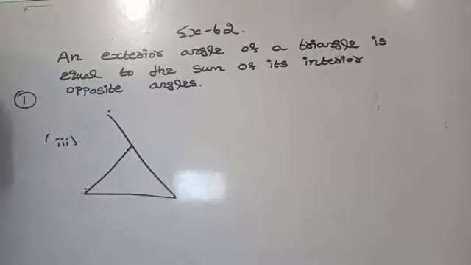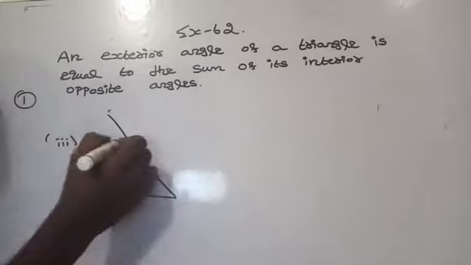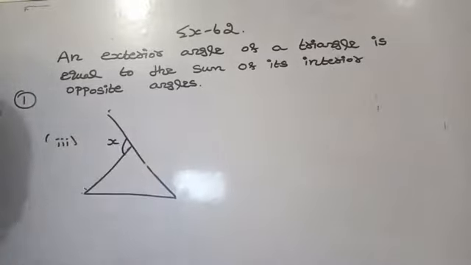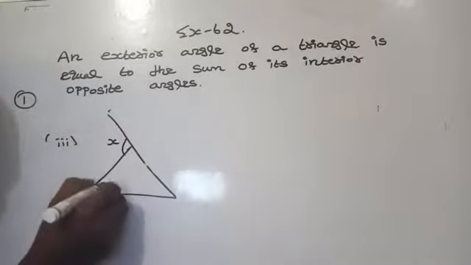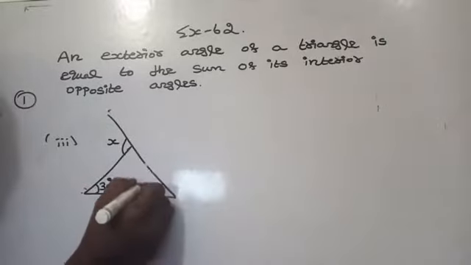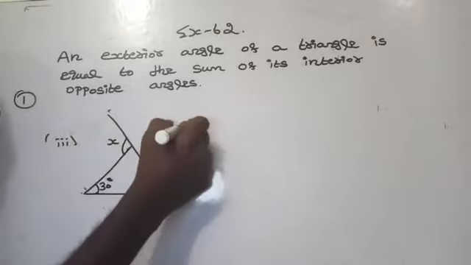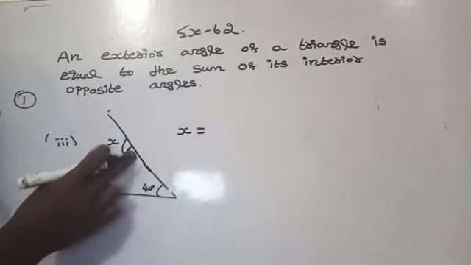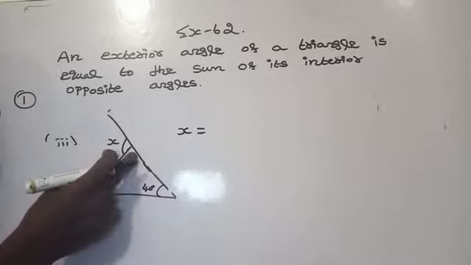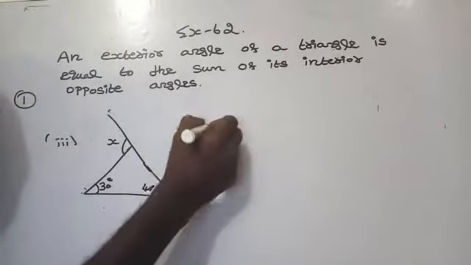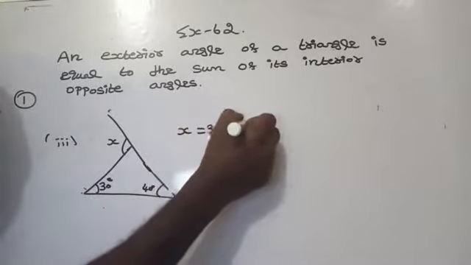this is a triangle. This side is produced. The exterior angle so formed is x. It is 30 degree. Then it is 40 degree. So please recall, an exterior angle of a triangle is equal to the sum of its interior opposite angles. Here which one is the exterior angle? X is equal to, it is an interior. Two opposite angles to the interior are 30 degree and 40 degree. 30 degree plus 40 degree.